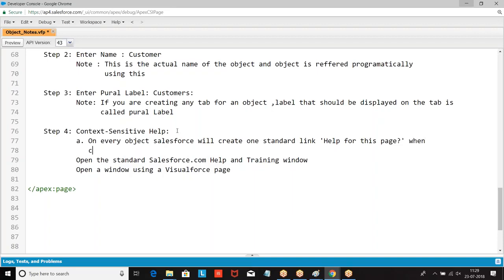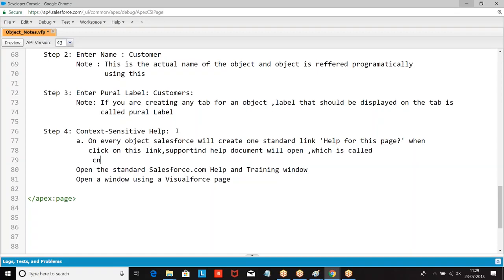When we click on this link, its supporting help document will open, which is called context sensitive help.